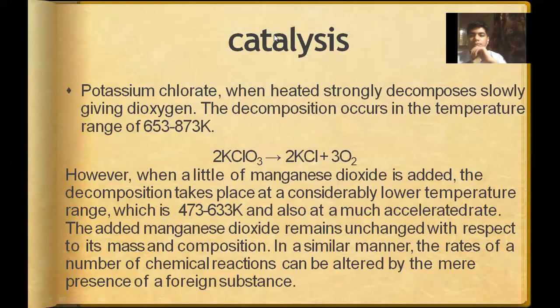So catalysts are substances, or you can say elements, which are used to change the rate of reaction. Sometimes we use a catalyst to start a reaction where the reaction is non-spontaneous. Sometimes we add the catalyst to change the rate of reaction, and sometimes to stop it. So the main function of a catalyst is to regulate the rate of reaction, to control it. There are different types of catalysts. Mostly d-block elements are used as catalysts in different types of reactions.